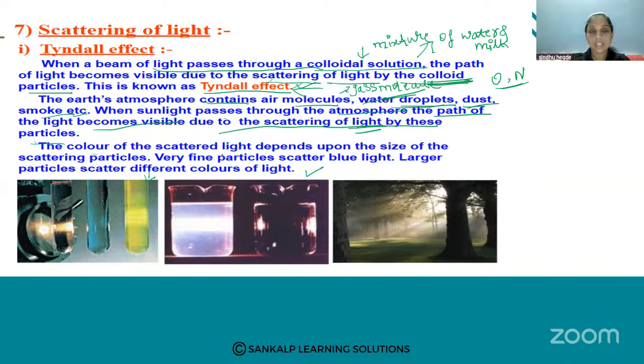The color of scattered light depends upon, see, first of all we can see the path of light traveling in different solutions. This is mainly due to scattering of light, first thing. And what about the color of scattering? This color of scattering mainly depends upon the size of the particles. See, size of the scattering particles: very fine particles, meaning small particles, maximally scatter the short wavelength light, that